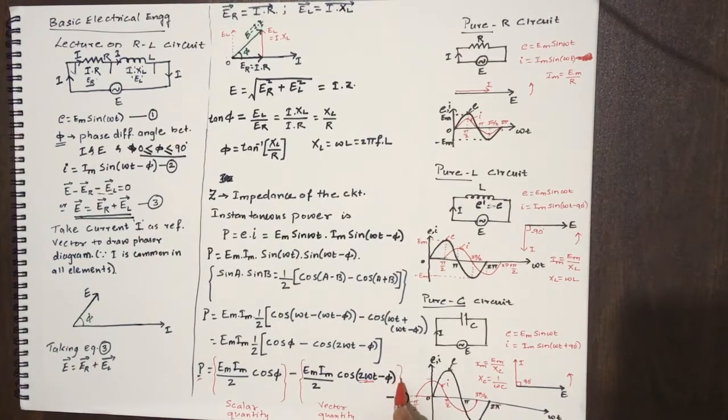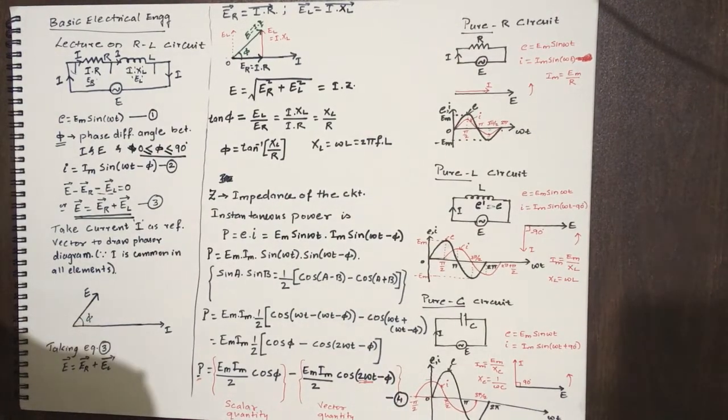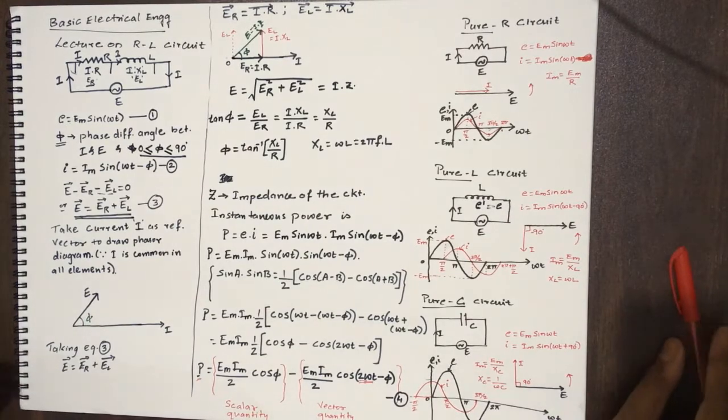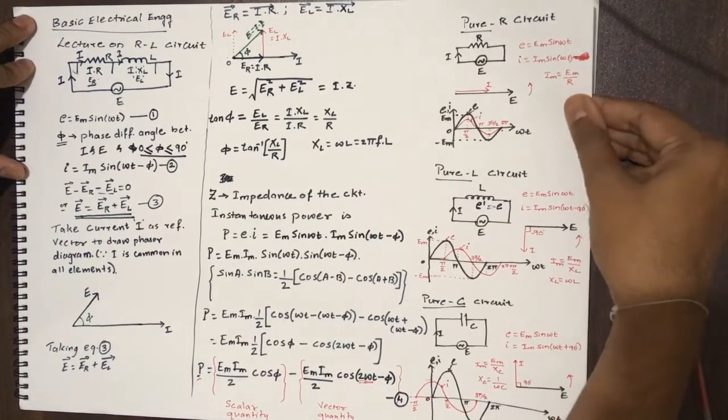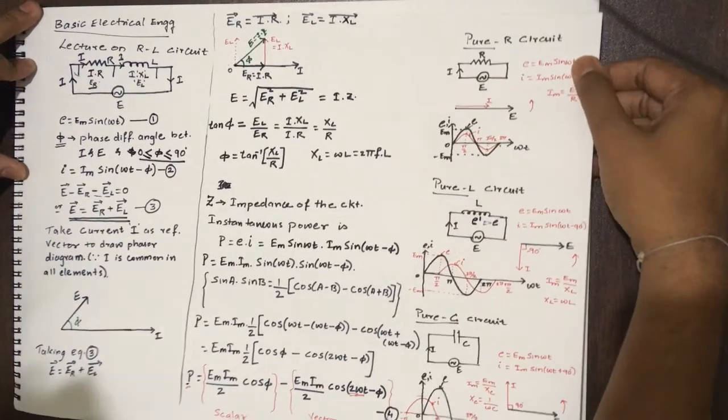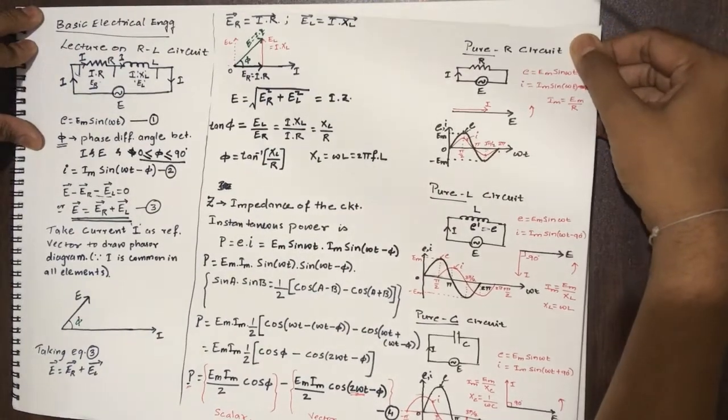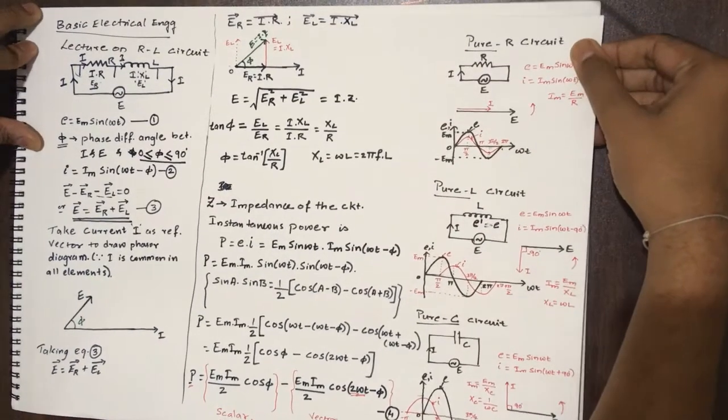And since power is a scalar in nature, I will be directly neglecting the vector quantity term from the power equation. So therefore, my new power equation will be, give me a moment so that I can change the sheet.